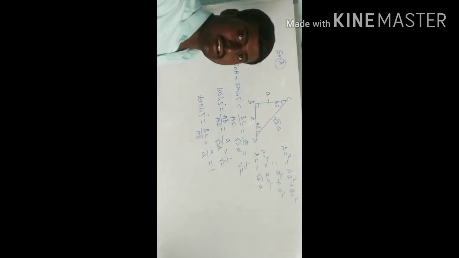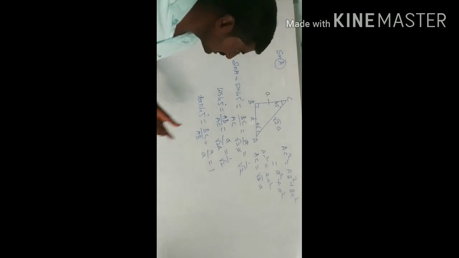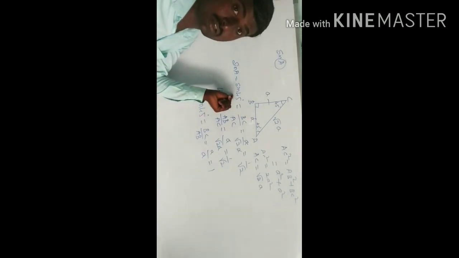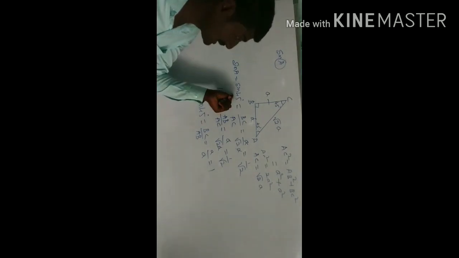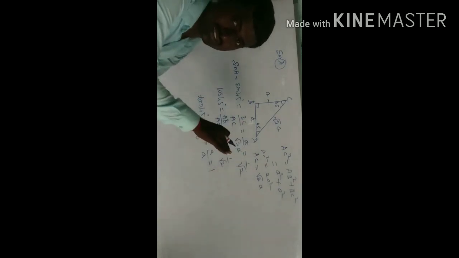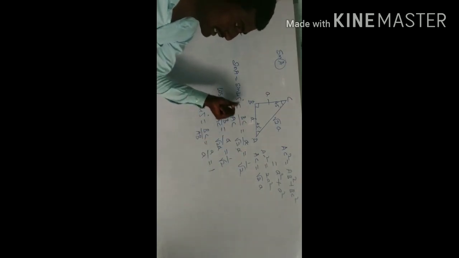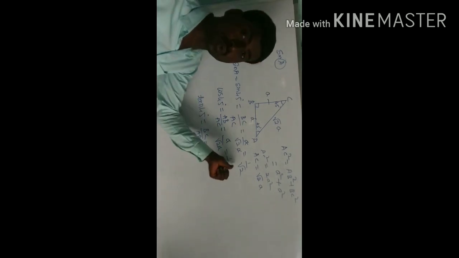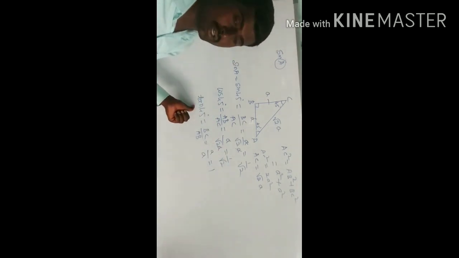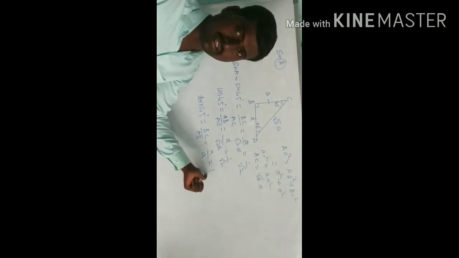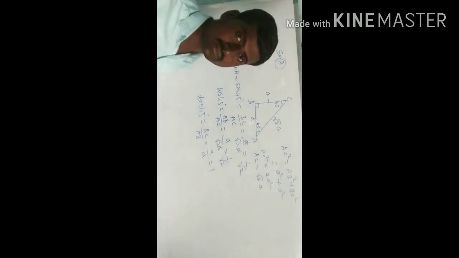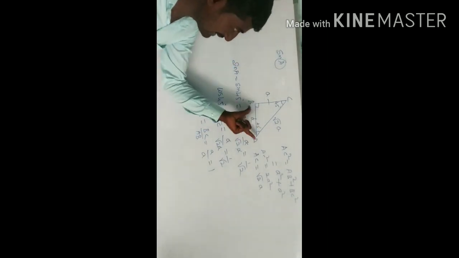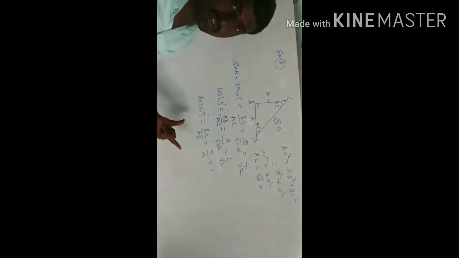The remaining reciprocal trigonometric ratios I can also write. Cosec 45 will be root 2, the reverse of sin. Cosec 45 degree is root 2. Then sec 45 degree value is also root 2. Then cot 45 degree is 1 by 1, it is 1 only. Okay, cot 45 is 1. This is how I can get the values for 45 degree.